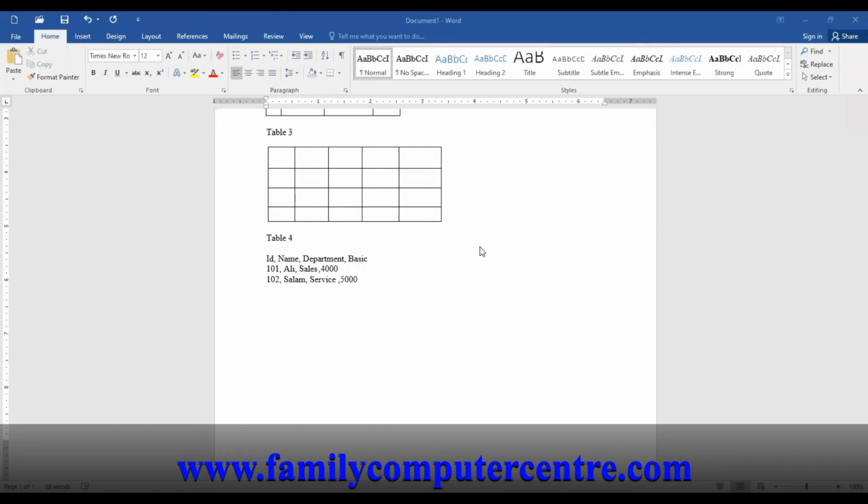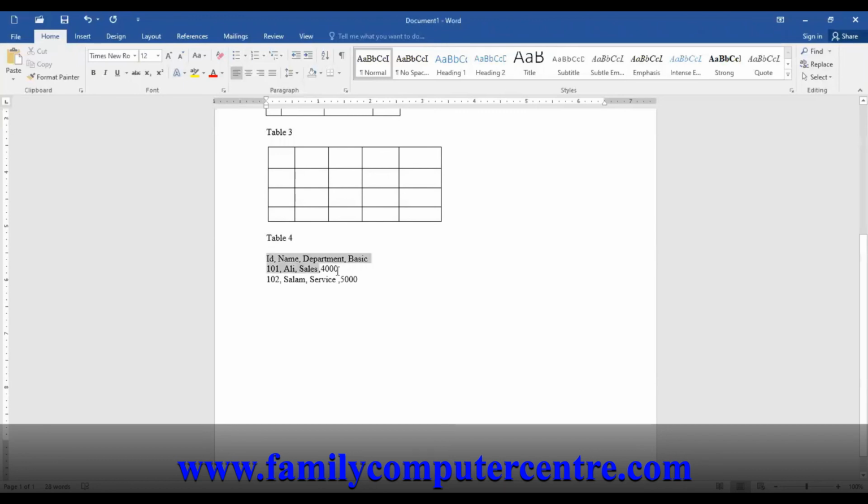Now the last option to insert a table into a Word document. This time we will make use of the Convert Text to Table command in the Insert tab, Table drop down button. We can convert a text if it is separated by paragraphs, tabs, commas, and hyphens. So here I have a text which is separated by commas.